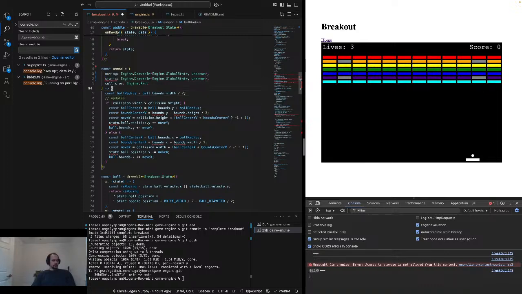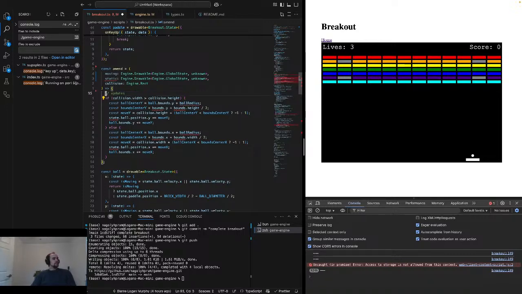Collision. So there's the thing that's moving. The one that's moving is the one who's getting amended. So we should say